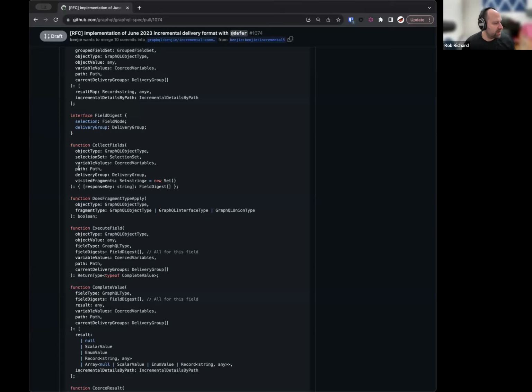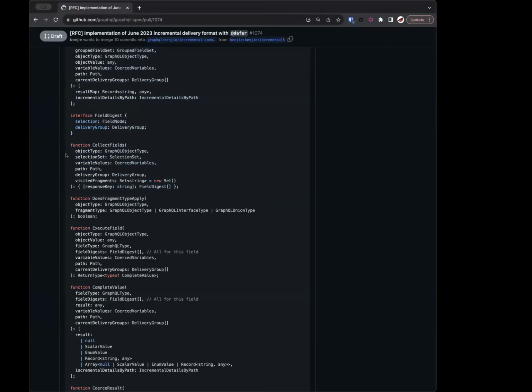So this does still have path as an argument to collect fields, which would break the memoization that happens in GraphQL JS at least. Do you have an idea of working around that? Yeah, I think GraphQL.js would break collect fields up into two halves.